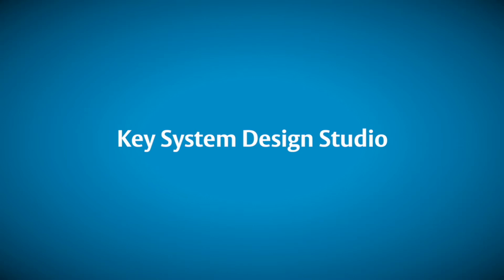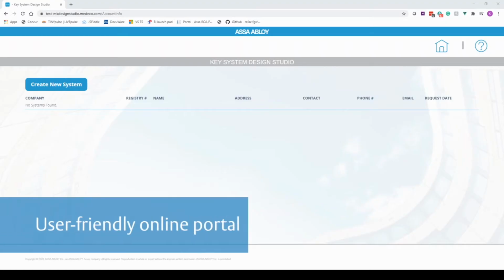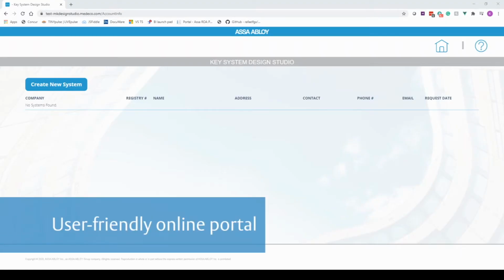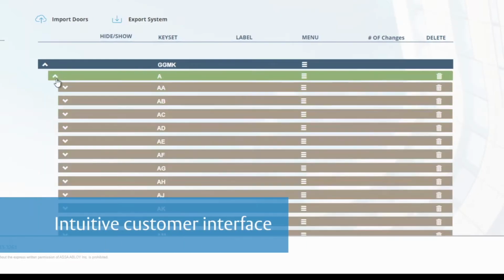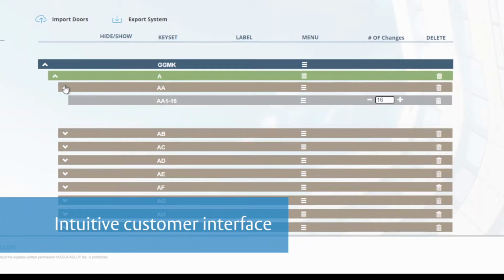The ASA ABLOY Key System Design Studio is a user-friendly online portal that walks the user through each phase of creating a new master key system. With an intuitive customer interface and enhanced features, the Key System Design Studio eliminates missing information, speeding up system creation